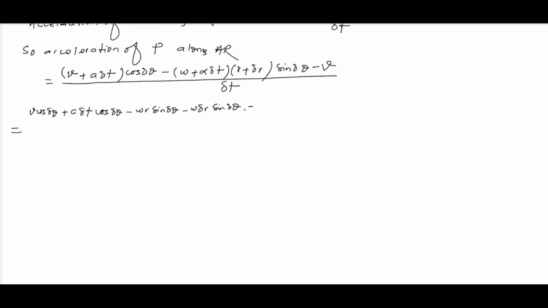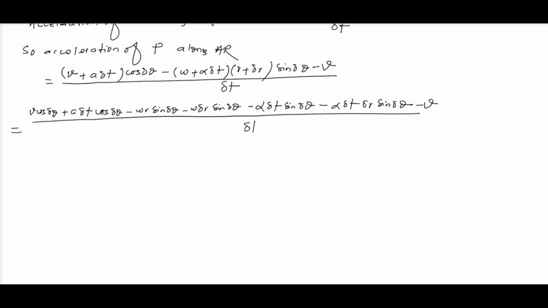minus of alpha del t sin del theta, okay, minus of alpha del t del r sin del theta, okay, minus of V. If you simplify, divided by del t. So in the limit,